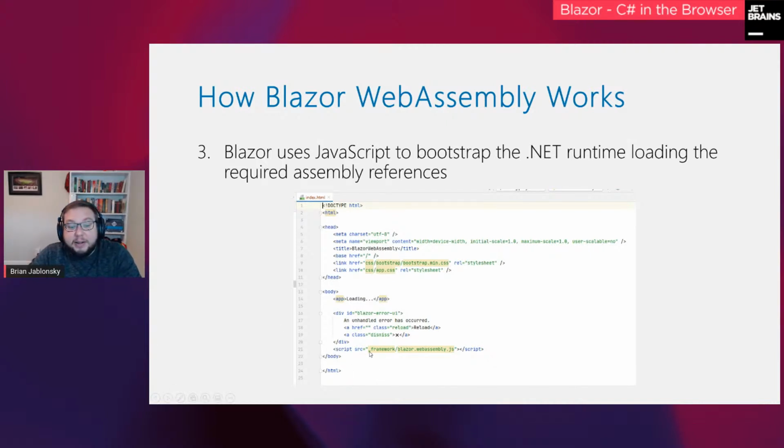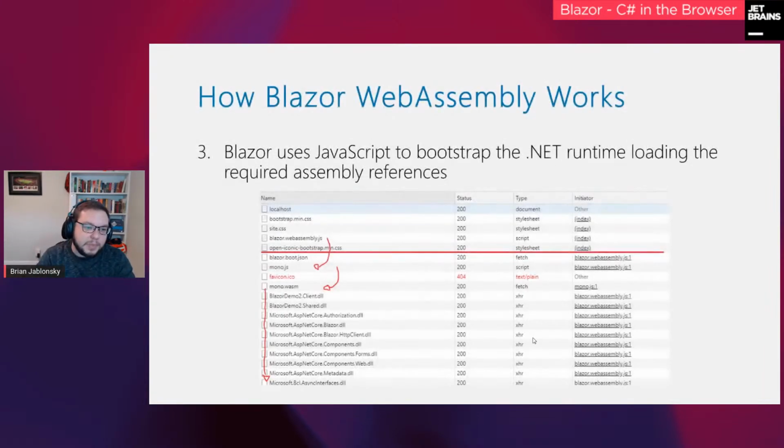And then you have this one single script, blazor.webassembly.js. That's, again, responsible for bootstrapping and loading up the .NET runtime and doing all the connection that you need to do. If you look at what the .NET runtime looks like in the Chrome browser dev tools, you can see we hit the localhost, we load everything up, and this red line right here is basically done. That's index loaded everything up.